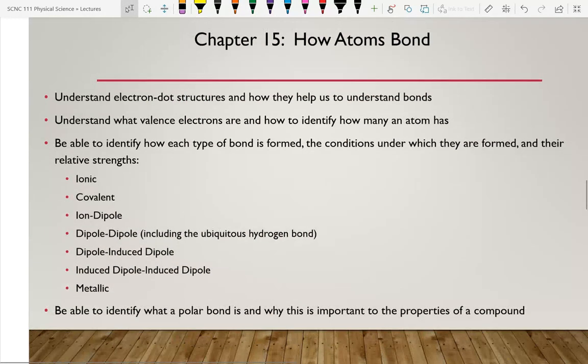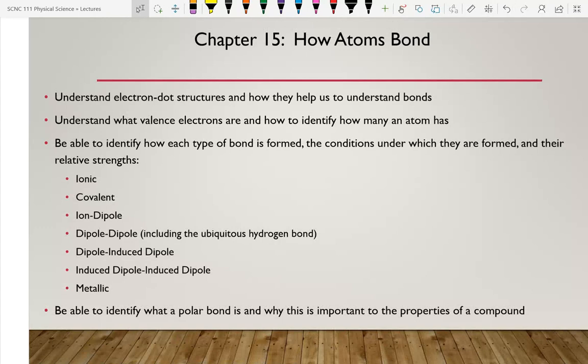All right. How atoms bond. The electron dot structure. Make sure that you can understand, okay, so he gave me magnesium. Magnesium is in the second column, which makes it an alkali earth metal, and it has a valence of 2. And so that means if I do the dot structure for magnesium, it has 2 electrons that are out there to be bonded with. And so it's likely going to form bonds with like